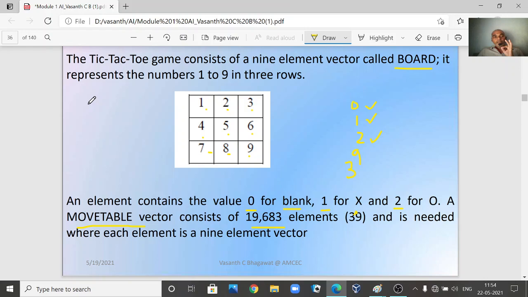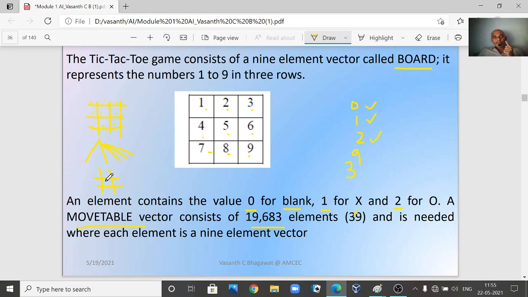Now initially, what will be there? Initially the board will be like this, that is empty, right? Now this is the empty board. Now the player 1 is going to play. Now see, when the player 1 wants to play the game, how many possibilities will he have? He will have 9 positions. Either he can place here, here, here, or in this place. So he has 9 possibilities. So there are 9 children of this root node, where in any position he can try to place.